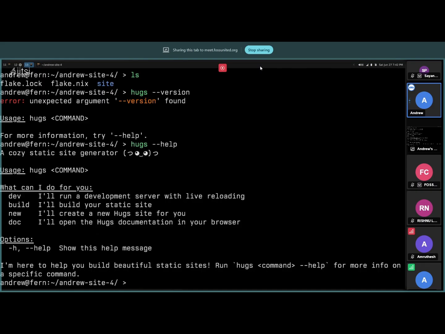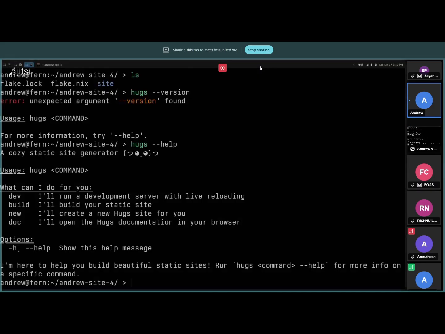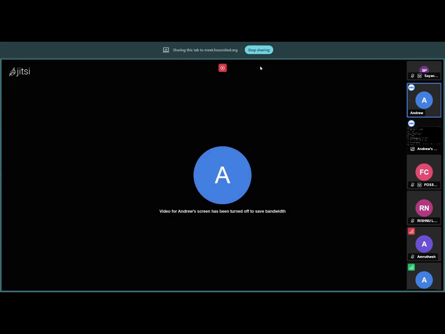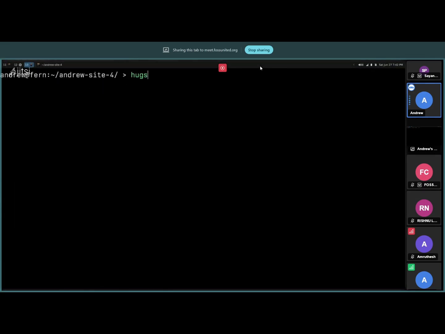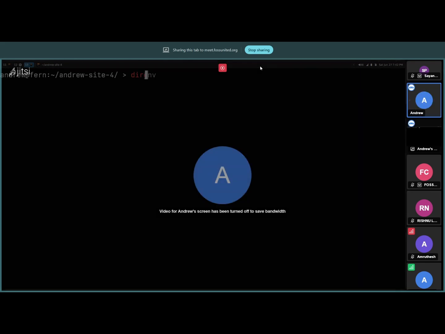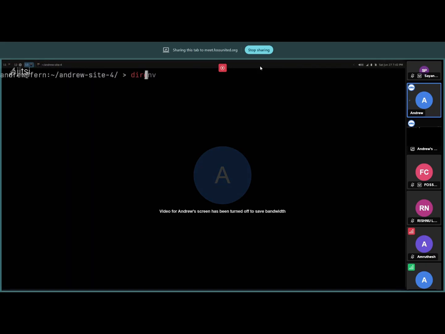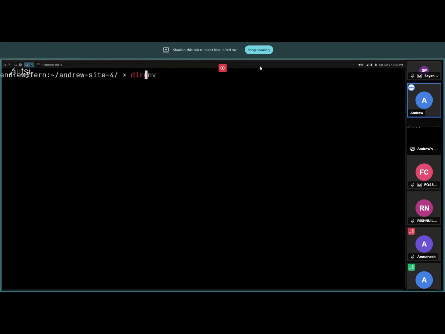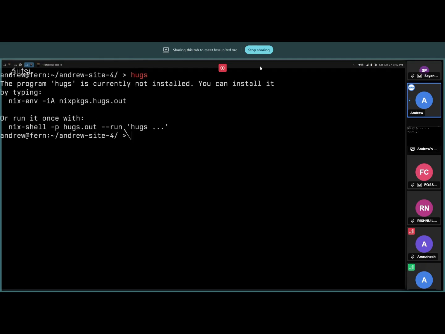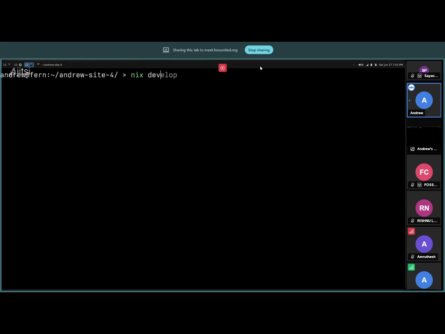So this is the program that I wrote, and I packaged it with FOSS as well. I made it with Nix. The funny thing is, Hugs is also not installed into my system. The only reason I have access to it is because I actually used another thing. Let me do this so that it stops doing that. Cool. If I actually try to run this in here, it's not going to work. But if I can just bring in Hugs by saying nix develop.